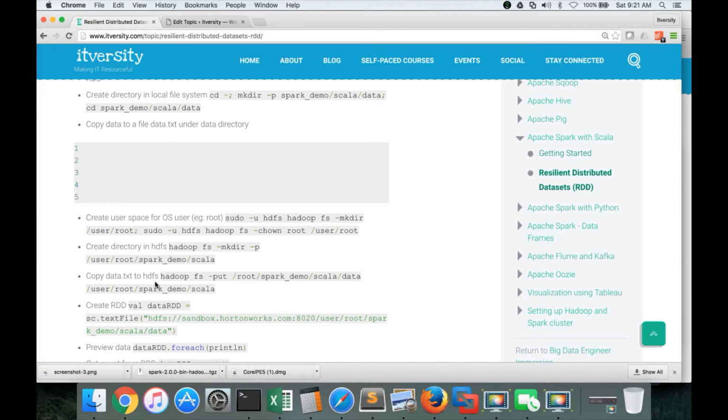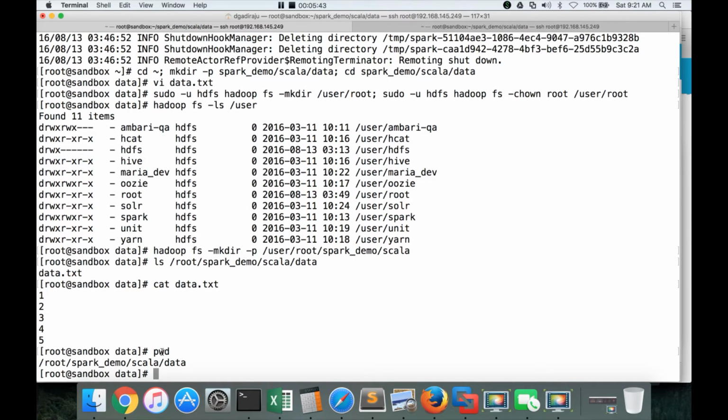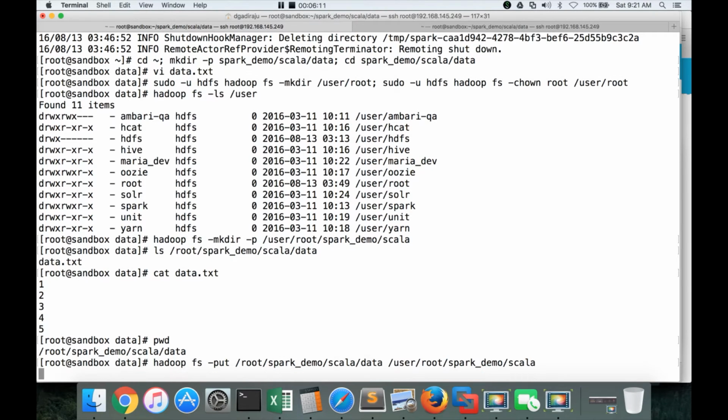So you just copy this one. If you are using a different user than root, the complete path will change. So to get the complete path, go to the directory and type pwd, which gives the present working directory, and make sure that whatever is here is placed here. What we are trying to do with the hadoop fs -put command is copy all the files in this location on the local file system into HDFS. And this is the HDFS directory which we have already created by using the -mkdir command previously, and hit enter.